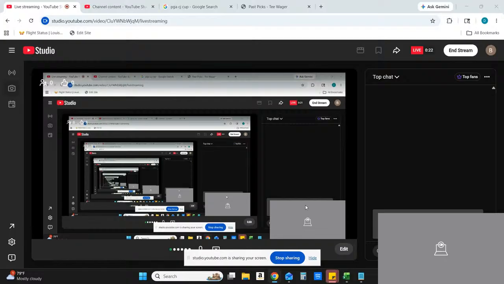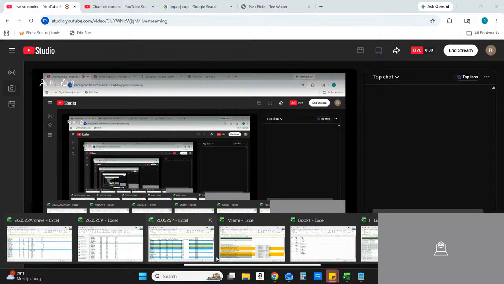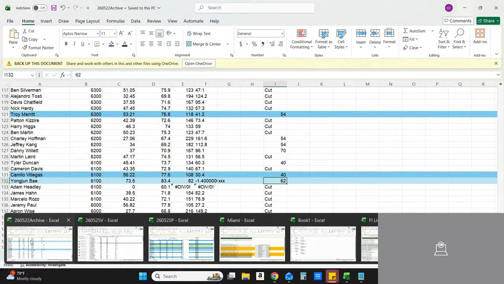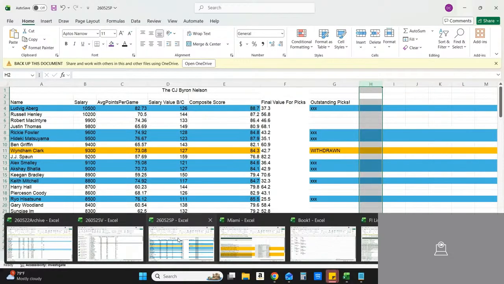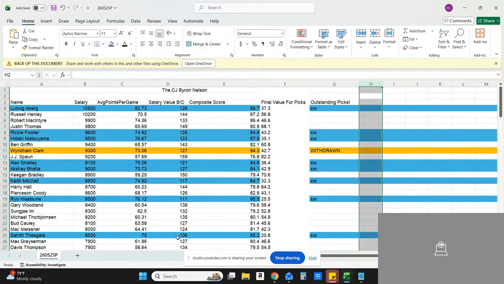twager.com. We are now looking at the Charles Schwab, and I'm going to demonstrate our free downloadable spreadsheet and how to quickly pick valuable players based on salary and production. When you go to the twager.com website, you will see this